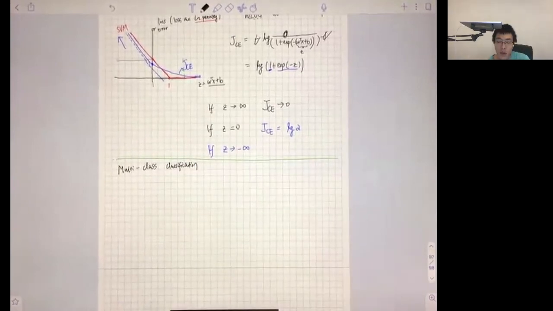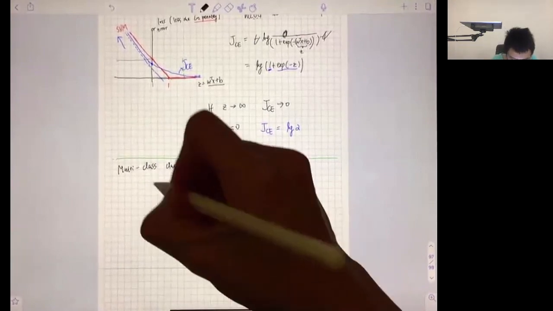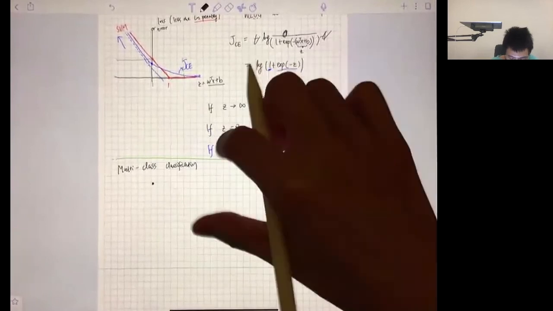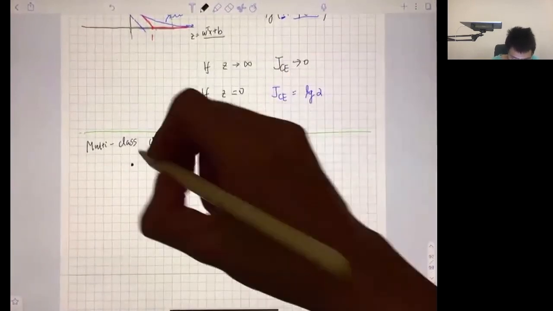We mentioned that the SVM is intrinsically a binary classifier. It's very elegant, but in terms of multi-class classification, it's not an elegant model. You can still do that and it gives you good results, but it's ugly, okay? It's not a very elegant model. So there are a few approaches to do that. The first approach is